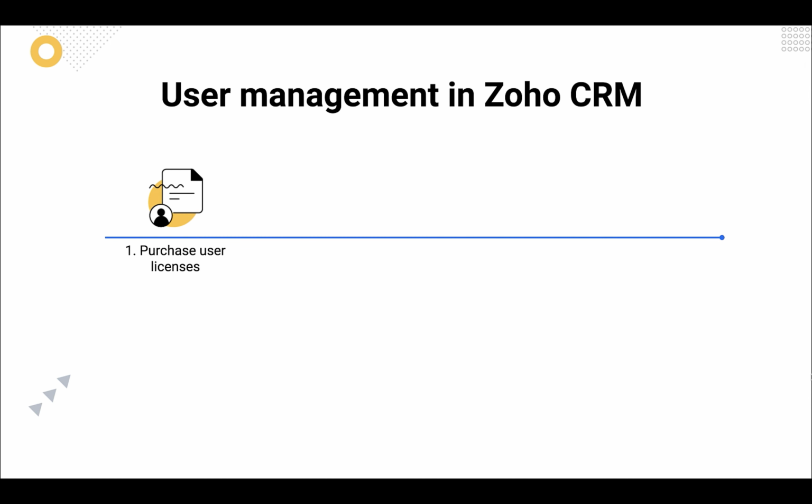So, as you may be aware already, Zoho CRM works on the basis of user licenses. That is, if you require 5 users to get on board your account, then you need to purchase 5 user licenses. If you need 500 users on board, you need to purchase 500 licenses. It's as simple as that. There is no limit or there are no restrictions with respect to the number of licenses you can hold or the number of licenses that can be added to an account. The first step is to purchase the required number of user licenses.